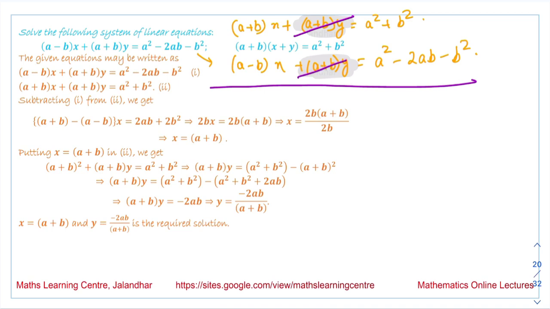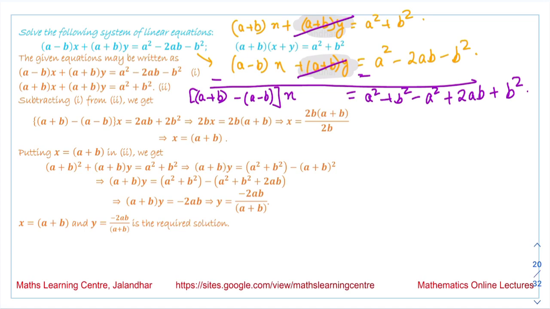These two get cancelled. From this term we are saying x is common, and what we are left with is (a plus b minus a minus b). We are subtracting, and from this term we are saying it is a square plus b square minus (a square plus 2ab plus b square). When we open this bracket, it is a plus b minus a plus b. So a gets cancelled, and what we are left with is 2bx, that is equal to, from here this a